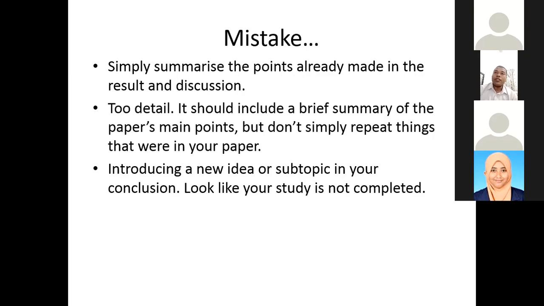Some of the conclusions are too detailed. They write every single finding from each chapter, but some of them report too much detail. For example, you're reporting about proximate analysis. So you come again in the conclusion and write the values again. By right, you already wrote them in the result and discussion. So don't write the same numbers again in the conclusion, right? So just